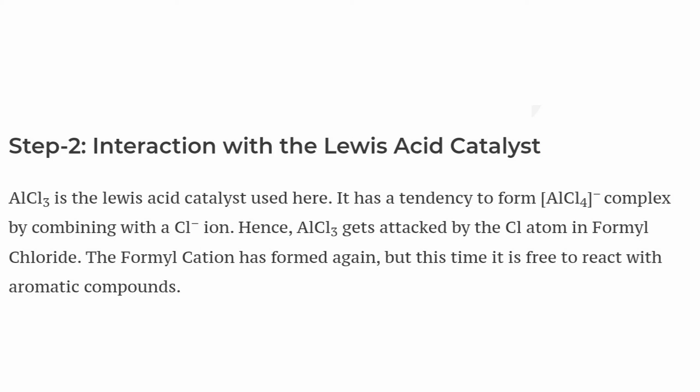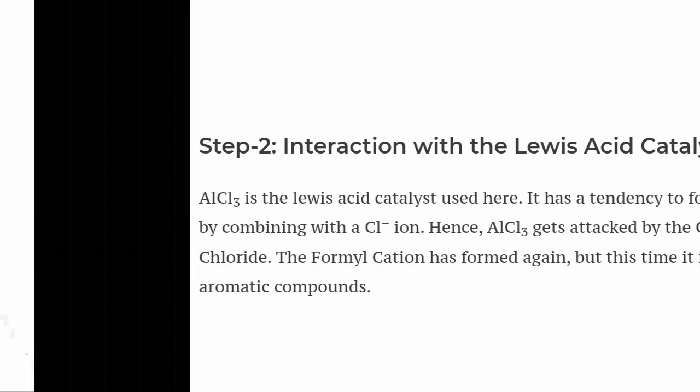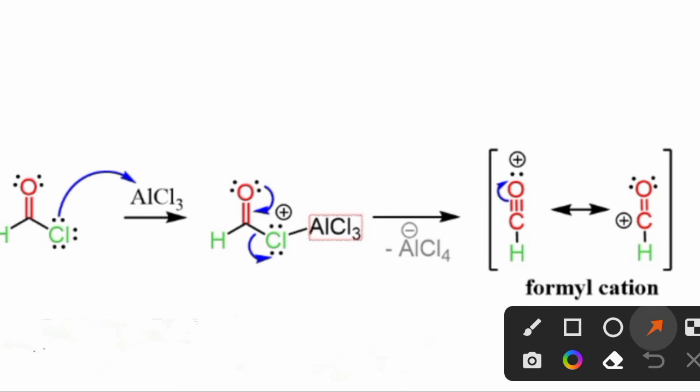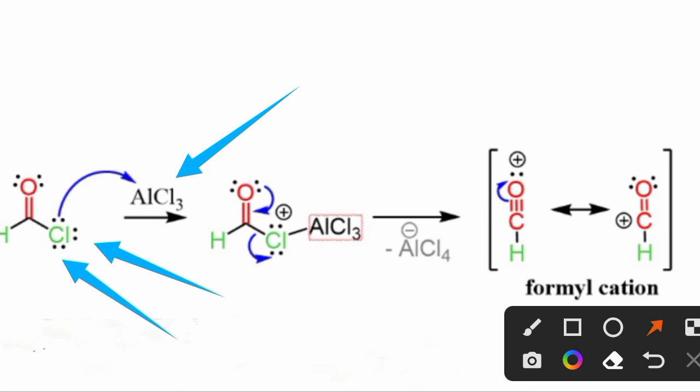Now this formyl cation is responsible in the next step to attach the formyl group to the aromatic ring. Let us see how the step is carried out. This is the second step of the mechanism. In this step you can see that in the previous step this HCOCl is obtained. Now this Cl from HCOCl is abstracted by AlCl3